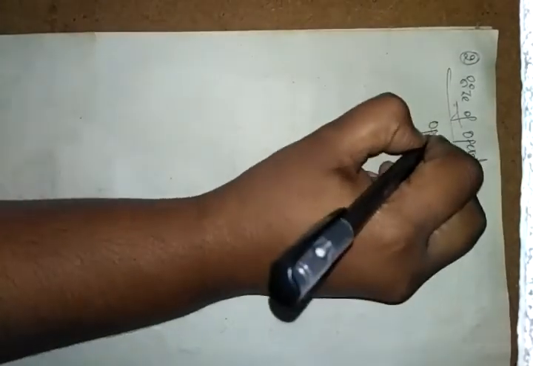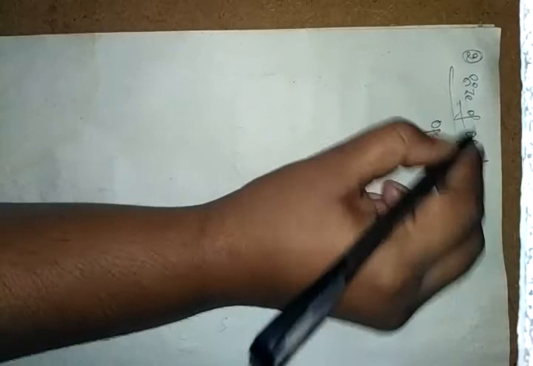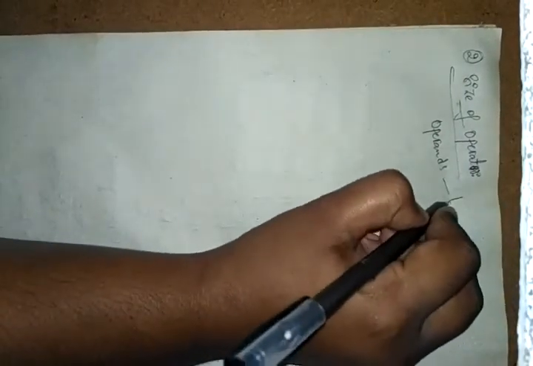What is the sizeof operator? Here the sizeof operator is giving the bytes of the operand. Bytes of the operand means whatever operands we have, like A, B, C, those are also variables only. For whatever operands we have, the sizeof operator gives the bytes, that is, how much space it is occupying.